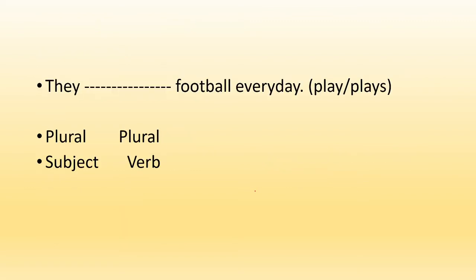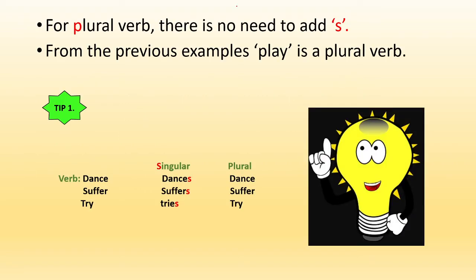So this sometimes is a confusion. Let's first take this sentence. They dash football every day. So now out of play and plays, what will come here? Now they is plural. So that means a plural verb should come here. Now out of these two, play is a plural verb. So tip number 1 now is that for plural verb, there is no need to add s to the root